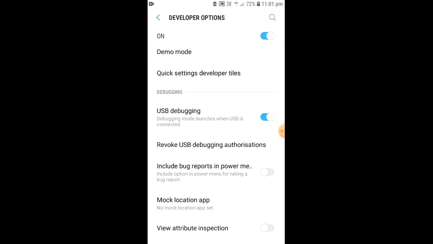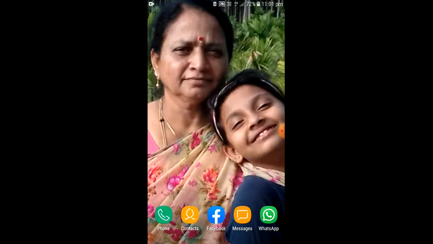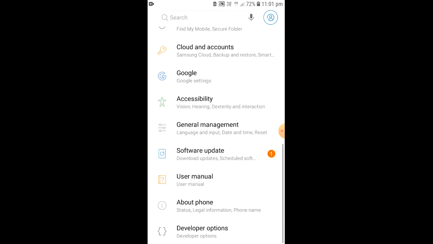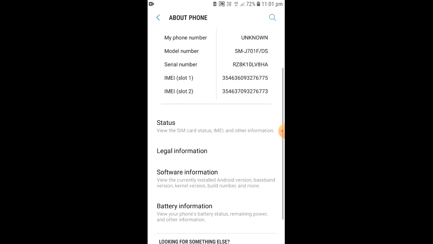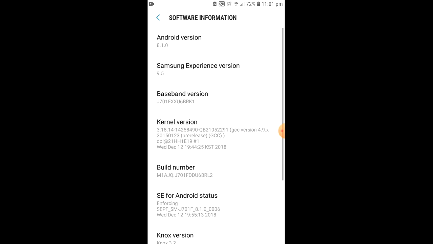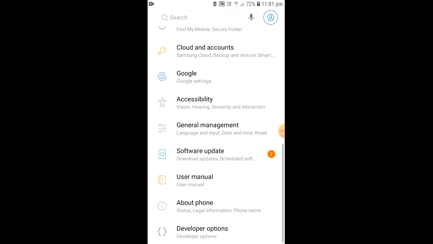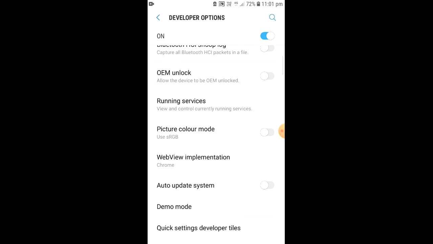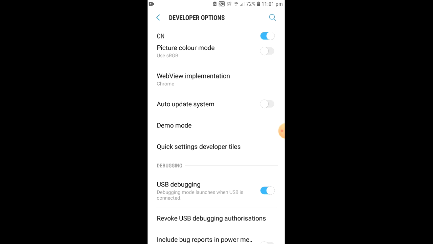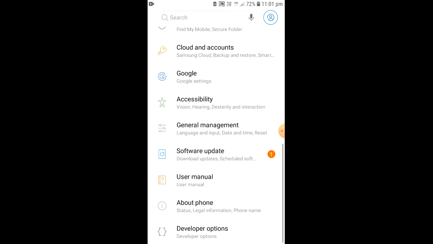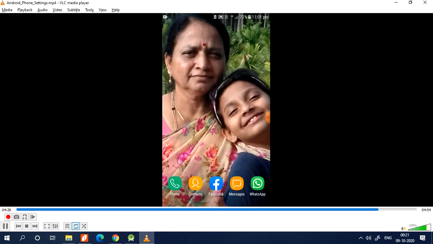Make sure that USB debugging is on inside the developer option, and before that, you should know where to locate the developer option. Inside About phone, search for the build number, tap multiple times on the build number, then the developer option will open. Open it and enable USB debugging. After this, connect your mobile phone to your laptop using the USB cable and allow file transfer in your mobile phone. That is what you need to do.